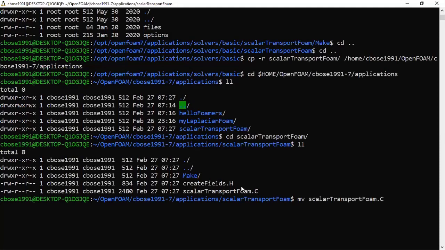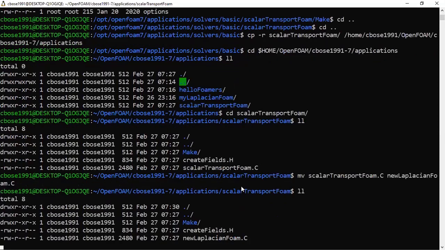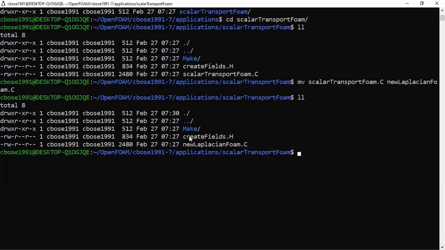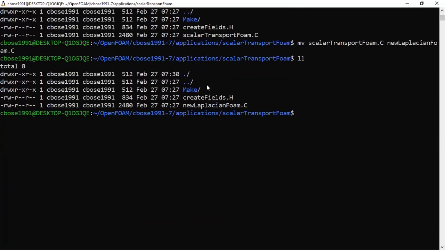I will rename it to newLaplacianFoam.C. Okay, great. So now I have renamed it, and this is the code that we will be modifying. So now we have this folder in our user directory, and we have a main code newLaplacianFoam.C. Okay. So now let us go into the code and modify it.